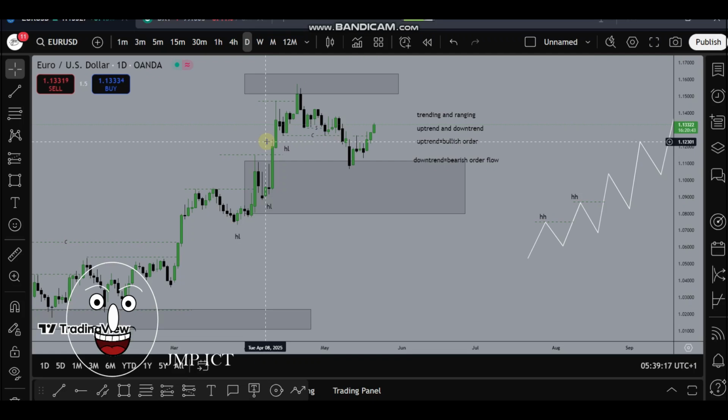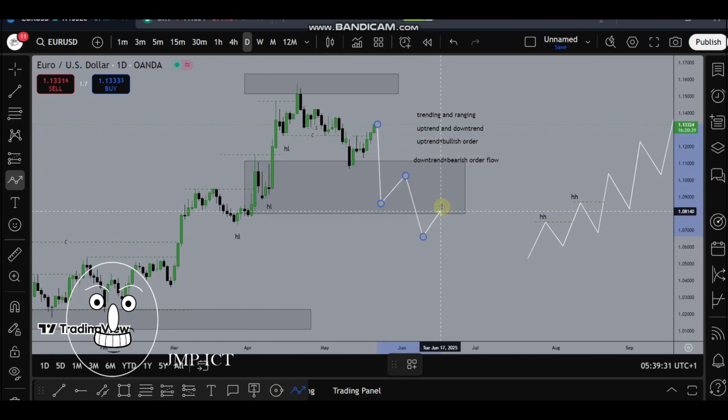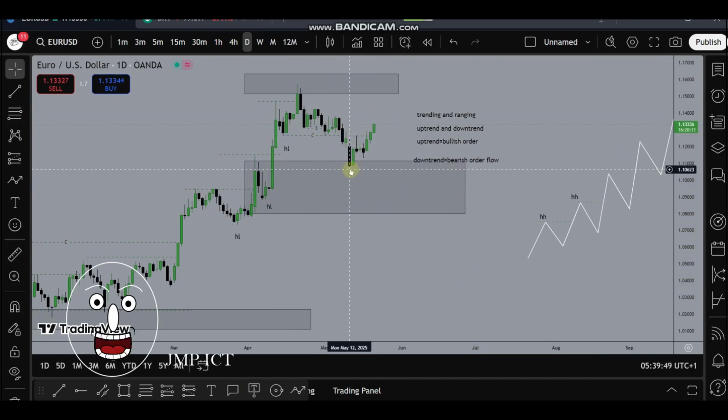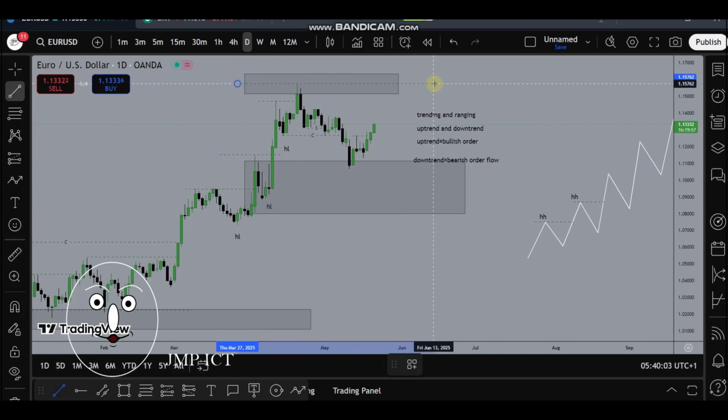So if there is no higher time frame key level here, this order flow should maintain, it should continue going down and down. But if there is a higher time frame key level here, this shift of market structure will lead to a shift in order flow. So between this low and this low, where is the highest high? This is the place. Until price closes above this high,